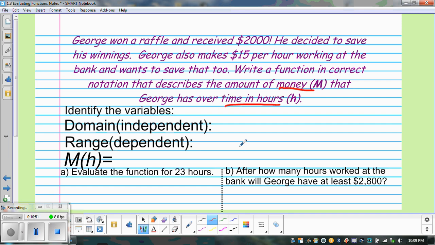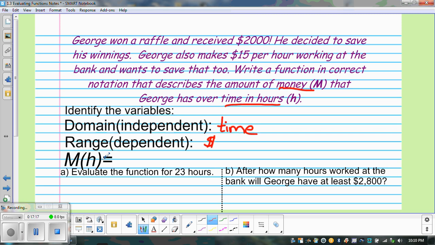We're going to look at the domain and the range. What is dependent on the other? Is money dependent on the time, or does time depend on how much money we have? I am hoping you saw that the amount of money we have is dependent on the amount of time he spends tutoring. So if I were to come over here and write the function, the amount of money that George